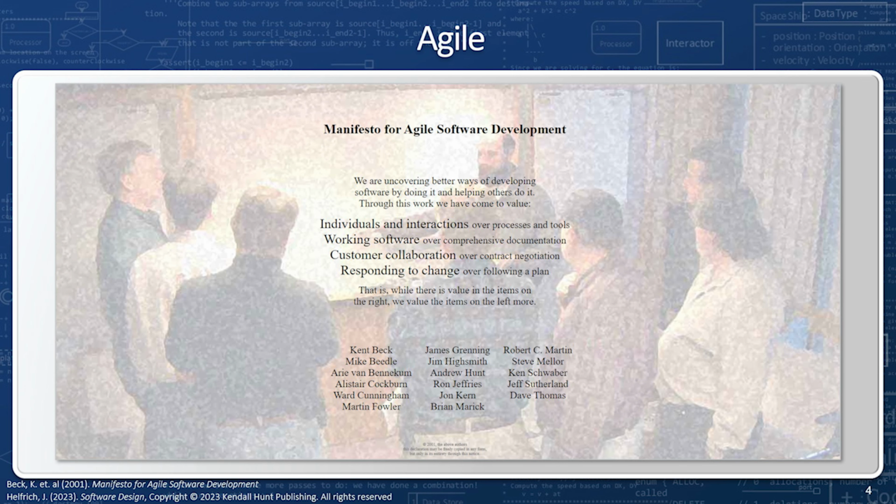In 2001, a collection of software engineers gathered in a ski resort in Utah to discuss what they called the software crisis. Namely, an increasing number of software projects were failing because they failed to meet the customer's needs. And from this, they came up with something they called the Agile Manifesto. A key point of the Agile Manifesto is to favor working systems over documentation. And this is kind of a swipe against Winston Royce's views, where documentation was the key to managing large software